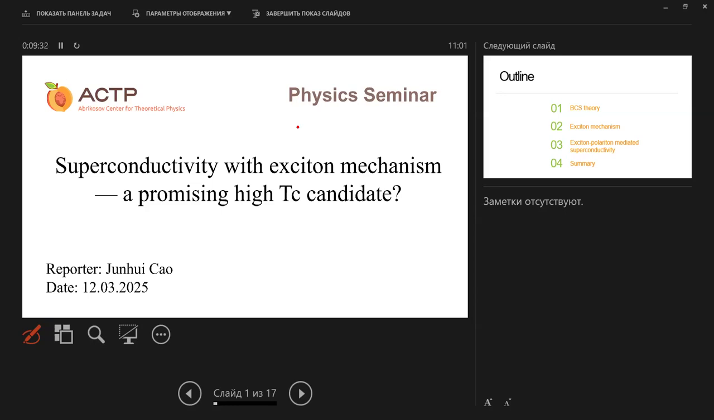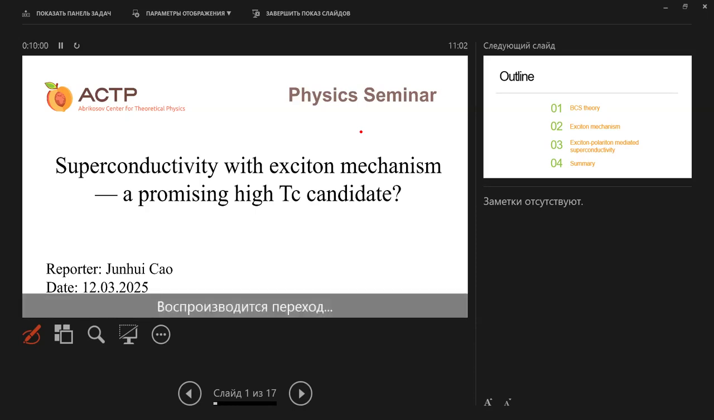So the study of the exciton mechanism in superconductivity actually began in the 1970s, right after the birth of the BCS theory. Though it was not a newly born project, nowadays it still appeals to many researchers for its large potential towards high-Tc superconductivity with the exciton mechanism. So in this seminar,